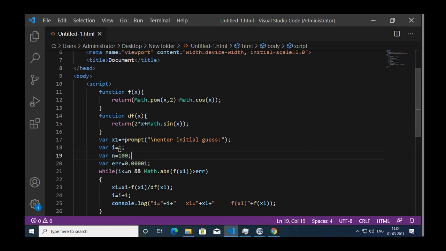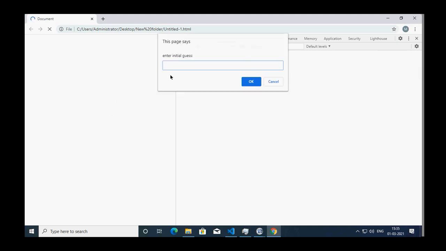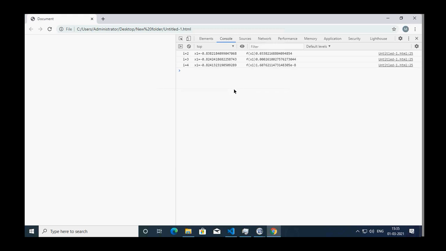So let us say maybe I put the initial guess somewhere else. Let's hope it will diverge with the -1 value. So okay, it is a transcendental equation, therefore it also has a root somewhere around here. So that is what it has converged to, this negative value of root where the function value is also negative.